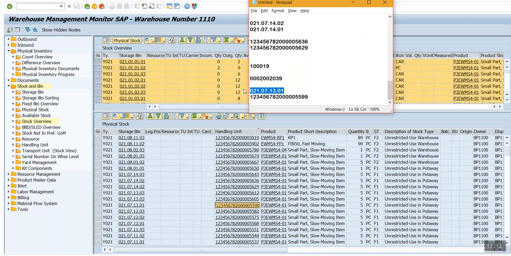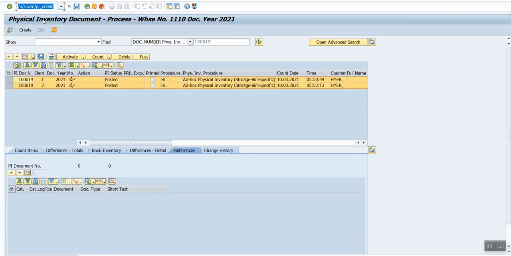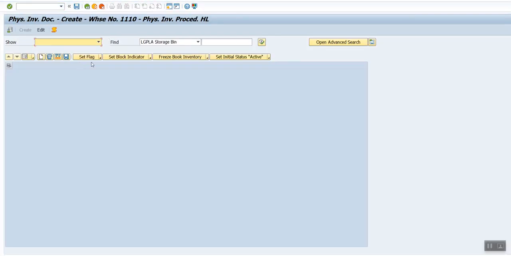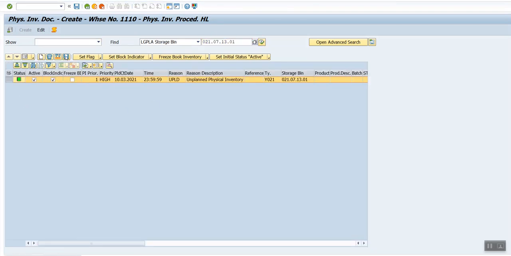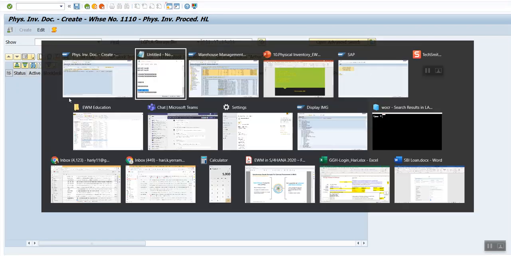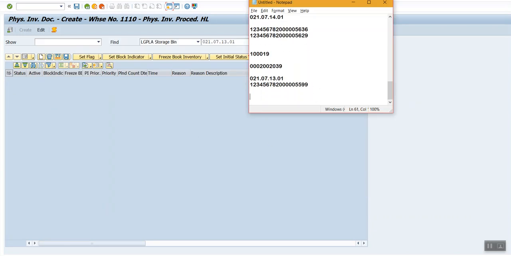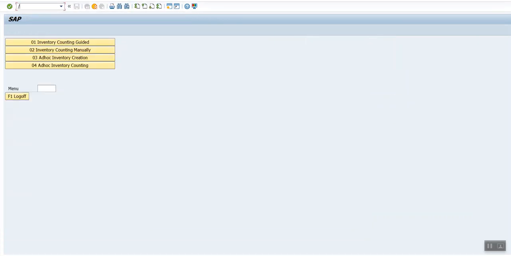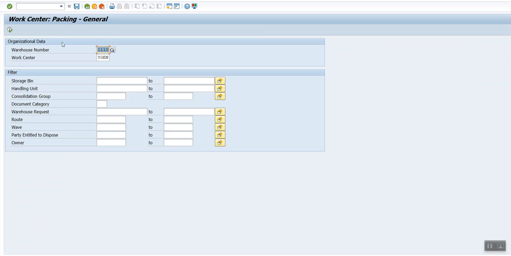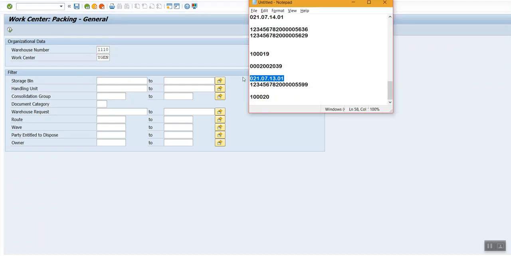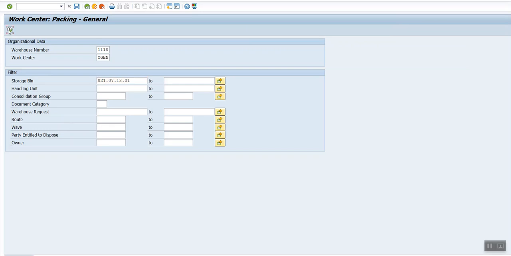Okay, so the first step, the create process, remains intact. Enter the bin, create inventory record. The inventory record is 11020. Now, as we discussed, we found a new handling unit number in the bin. So for the bin for which you created the inventory record, execute.